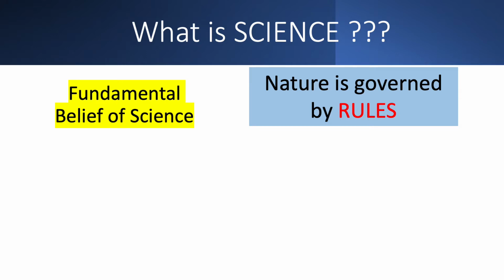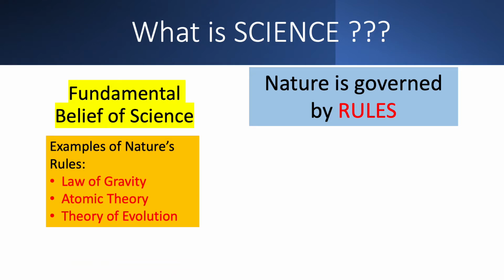So science usually doesn't use the word rules. It uses words like law or theory, etc., and so forth. So these are some examples of nature's rules that are pretty well known. Law of gravity, the atomic theory, theory of evolution. Just so you know, we'll study the first two a little bit. Evolution is more of a biology thing. So anyway,